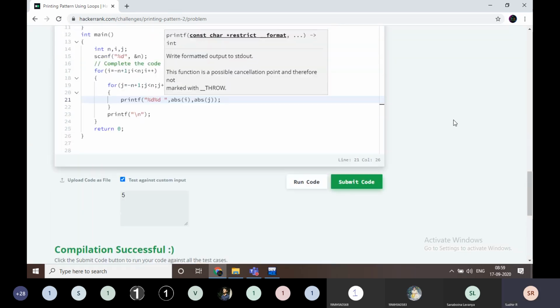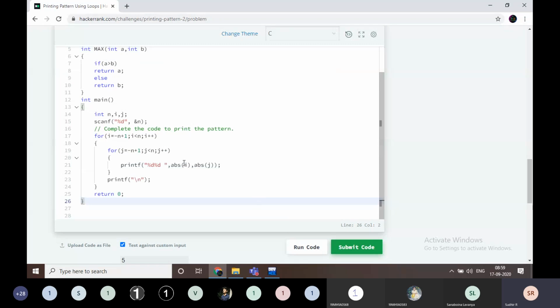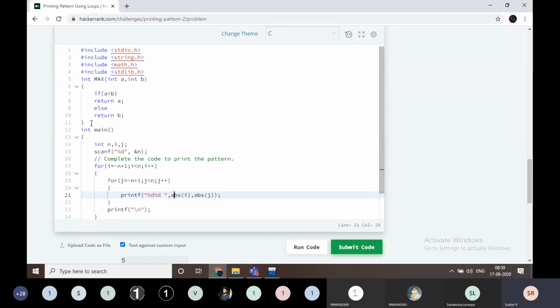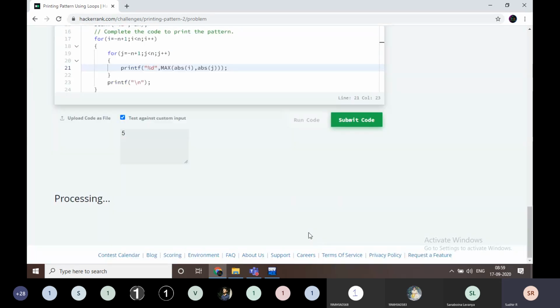Now I am going to write the maximum value. I am writing here some maximum function. That's it, nothing else. I am writing a custom function here. What is the maximum value? I am passing these two values into the maximum value function.